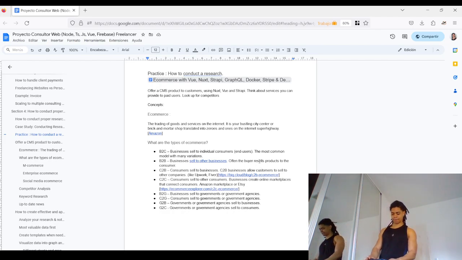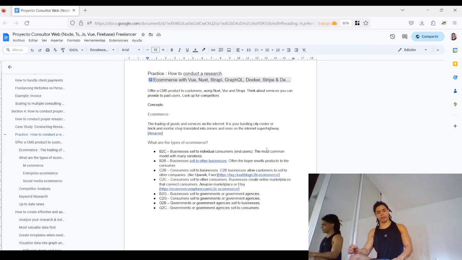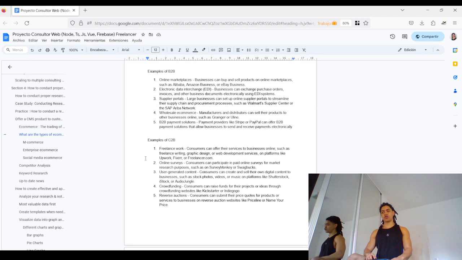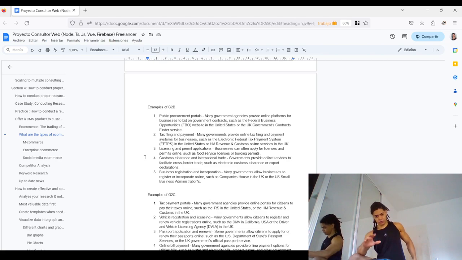So that is where that business is selling. So okay, another business model here is also the government to business. Something especially important if you're going to create a business, okay, such as public procurement portals. So government agencies create online portals so businesses can bid on government contracts, such as the FBO in the US, the Federal Business Opportunities, or the, I don't remember exactly the name of the UK government contract finding service. Okay, so public procurement portals, public procurement, and translate to Spanish, this is